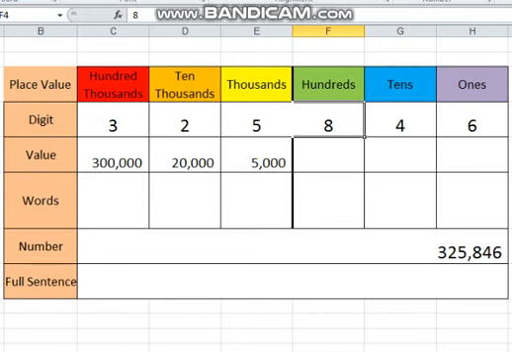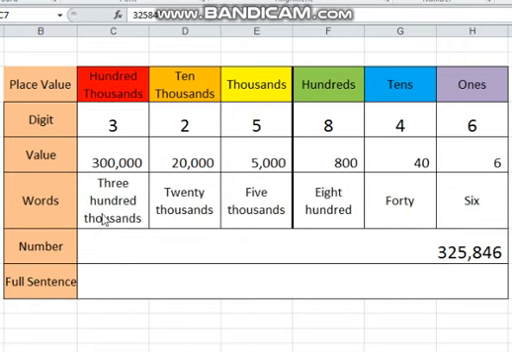And then 8 times 100 is 800. The 4 in the tens place is 4 times 10, which becomes 40. And then the 6 in the ones place is 6 times 1, which is 6. Okay, so let's write down the words here. Now we have finished writing the words: 300,000, 20,000, 5,000, 800, 40,